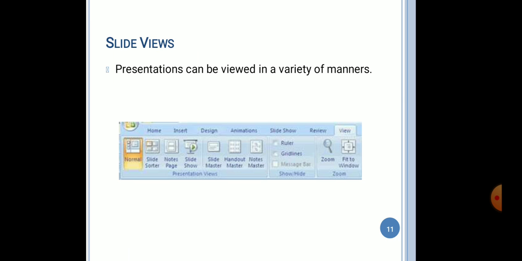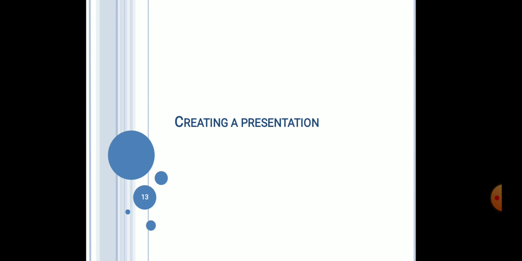So you can see we have varieties of views just like normal, slide sorter, notes page. So these are our views in MS PowerPoint.